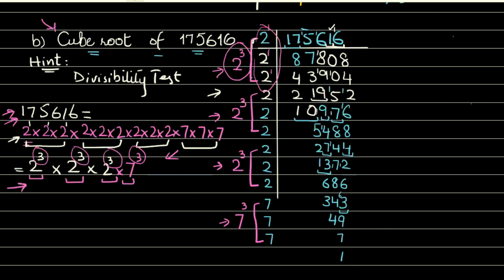So the powers of the earlier numbers must be 3. What will I do? I will write the base numbers together. Only these numbers, okay? And remember, the power you can take as common and write one time outside. Clear? Basically, these base numbers all have power 3, so once you take it as a single common power, the whole number will be equal to the cube of the product of the bases.